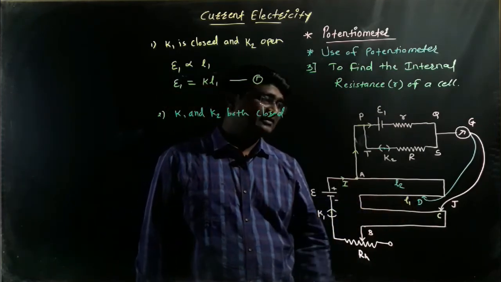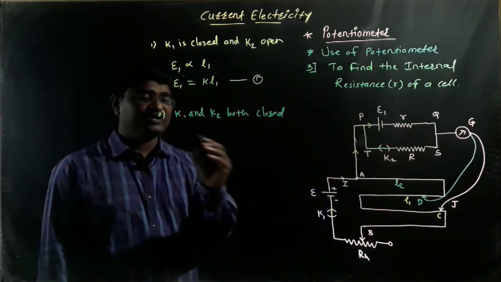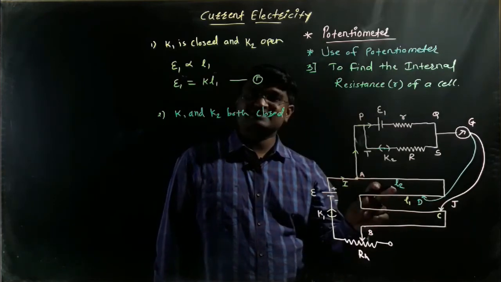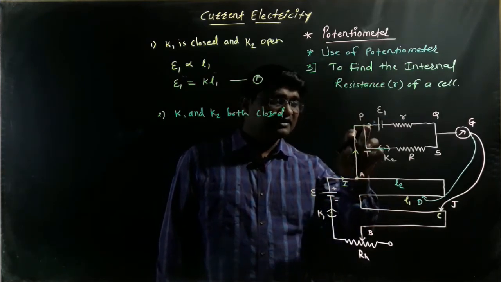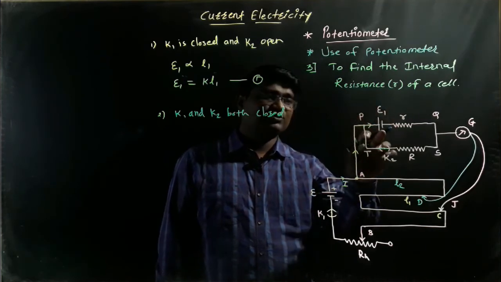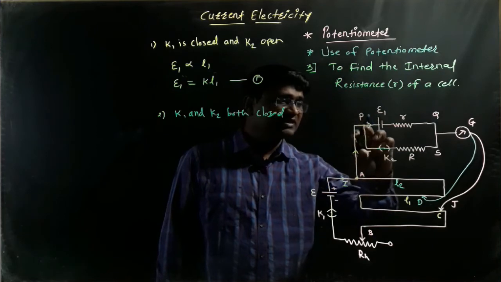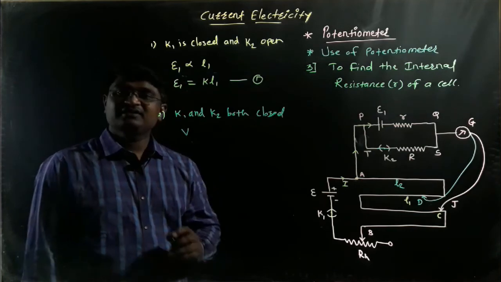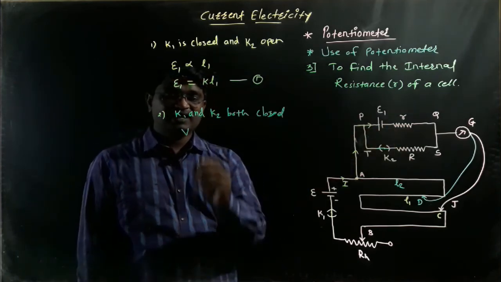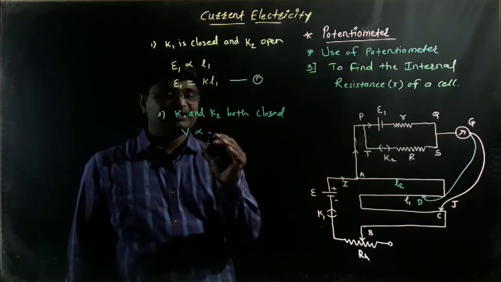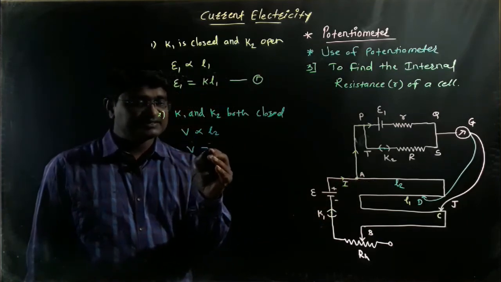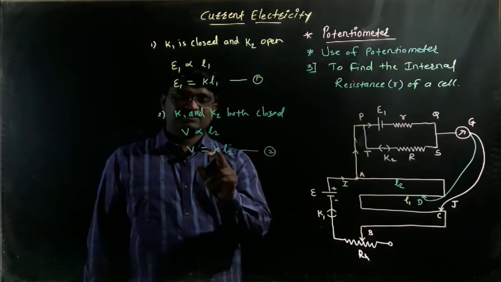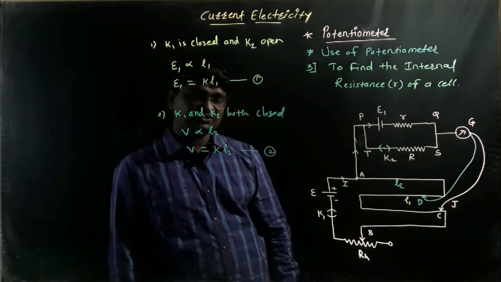Okay, so as per the principle of potentiometer, the total potential is directly proportional to the length of the segment, that is L2. If electric current only passes through the cell epsilon 1, the potential will be denoted by epsilon 1, but here electric current passes through the total circuit. So the total potential will be denoted by V, and V is directly proportional to the length L2. So V is equal to KL2. This is the second condition of the network. K is the constant, the potential gradient, you know that very well.